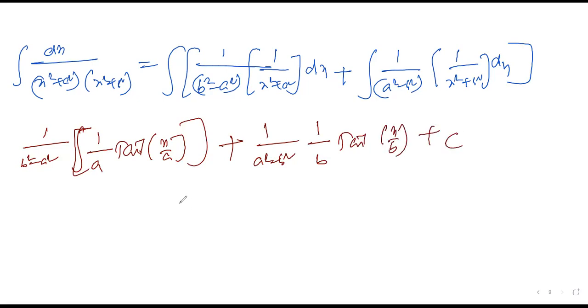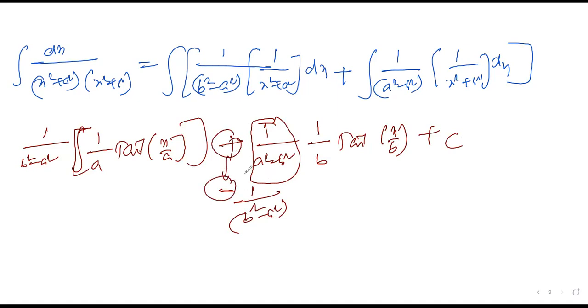If I take this one, I can rewrite. I'll take minus common. If I write 1 by b square minus a square, I can write it out. Minus, I'll take common. I can write minus 1 by b square minus a square. Are you comfortable? Yes. Now I should take a common directly, b square minus a square on both sides.